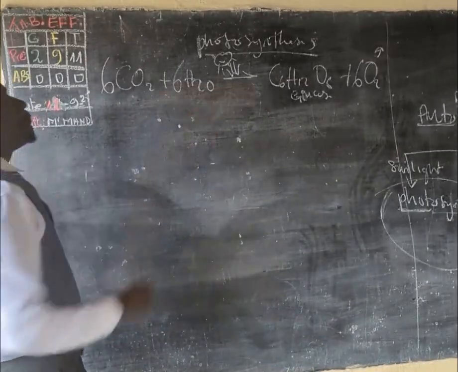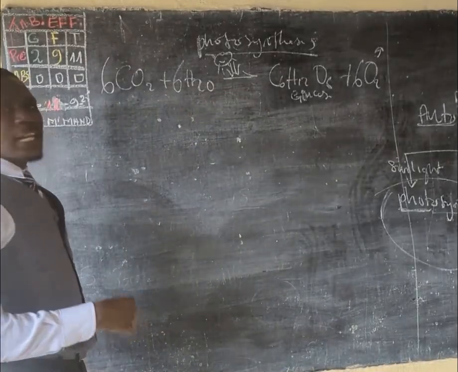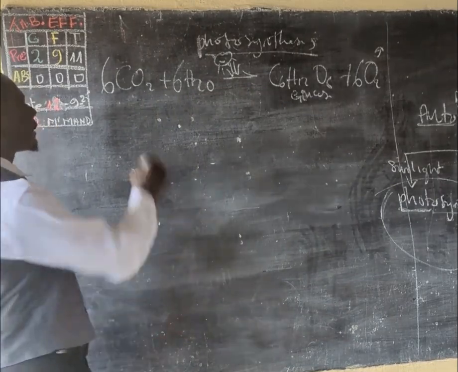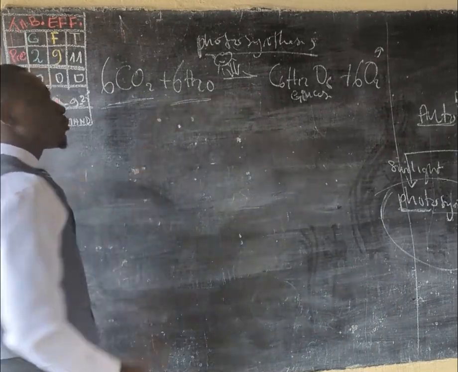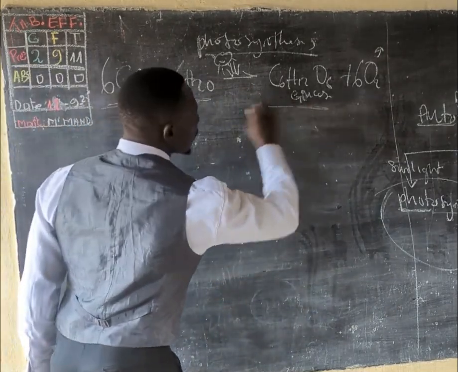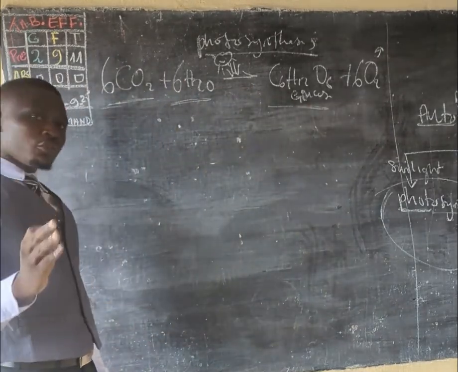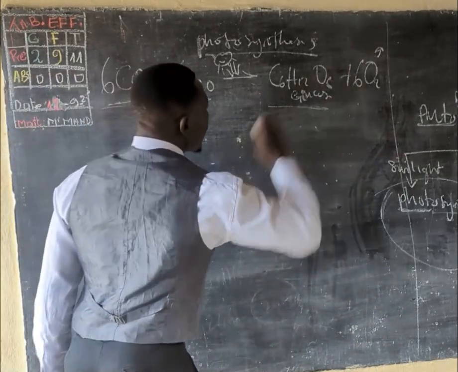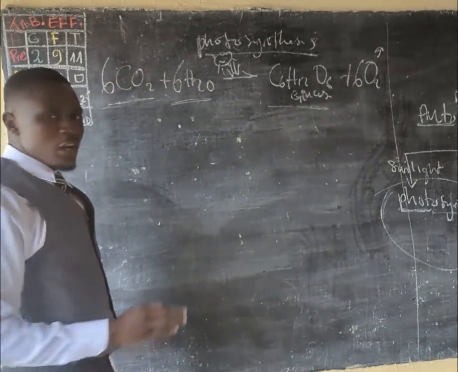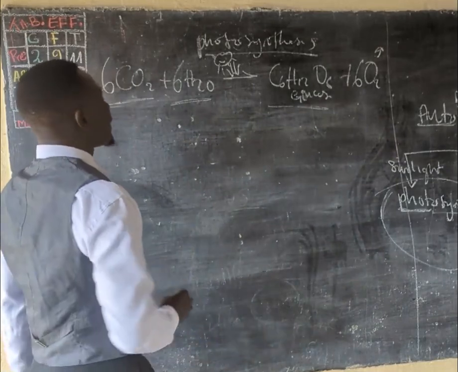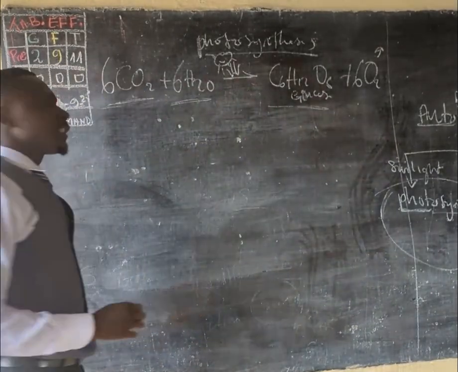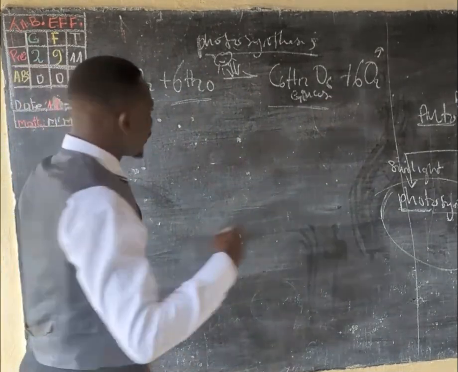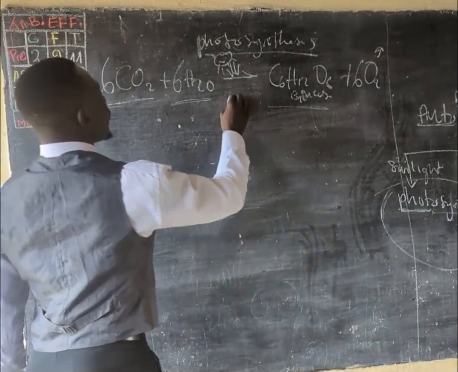Now, this is simply the ordinary level standard. In the advanced level, you need to understand how the carbon dioxide is going to be used, and also how the water is going to be used, how this glucose molecule is going to be produced, and how the oxygen molecule will be given off. You need to simply understand the process. So in order for us to understand all this process of photosynthesis, we need to recall firstly the anatomy of